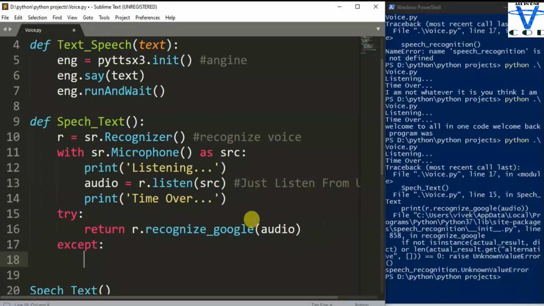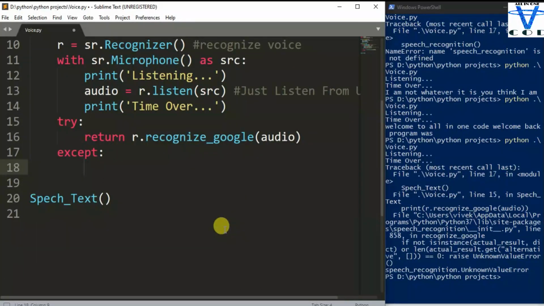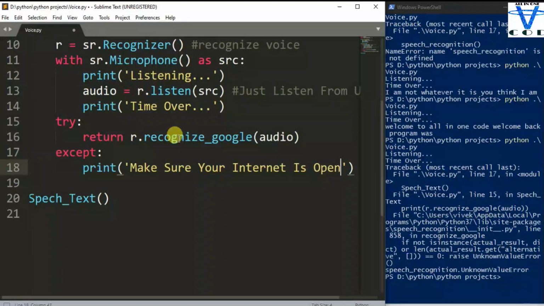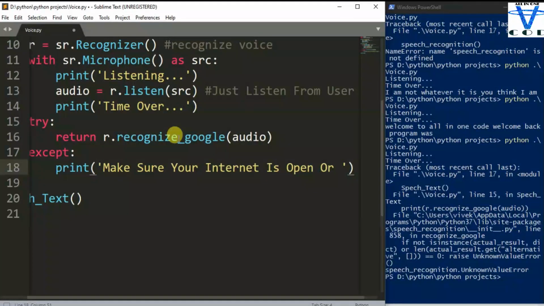If you don't know try and except, check out my previous video or search it on Google. This is a basic part of Python. The error is: make sure your internet is open or say something.